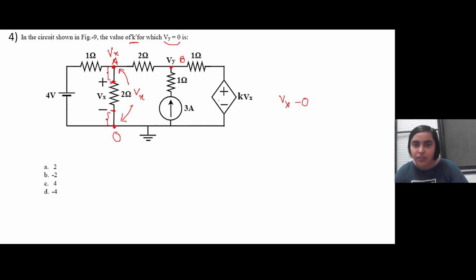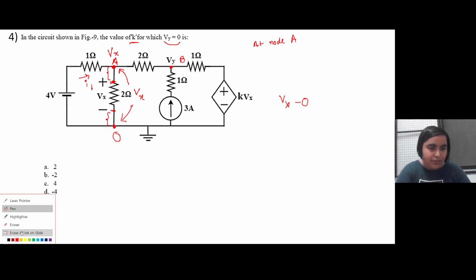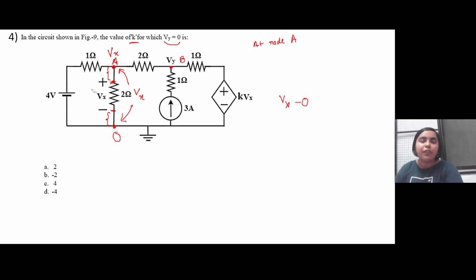Okay, let me just write the equations first. At node A, if you apply KCL, let us assume there is one current I1. Sorry, let me write it in the branch itself because we are applying KCL. So let us assume I1 current is flowing through here. Then this is I2 and this is I3. Current across this branch is already given. Let us say this is I4. So at node A, it will be